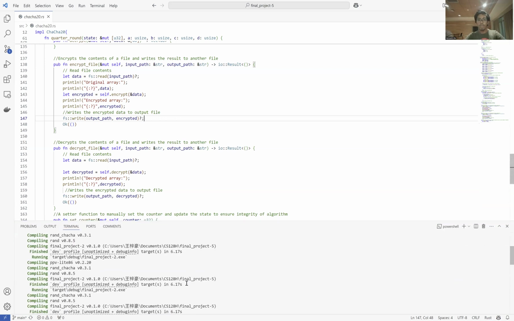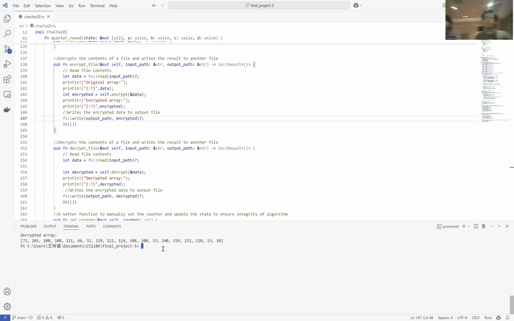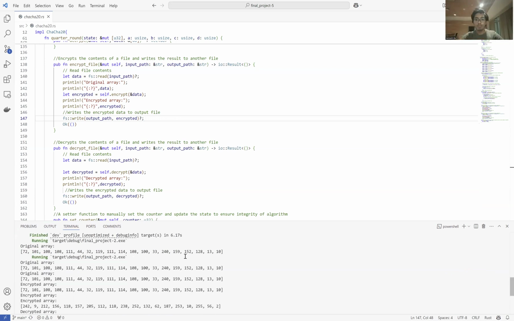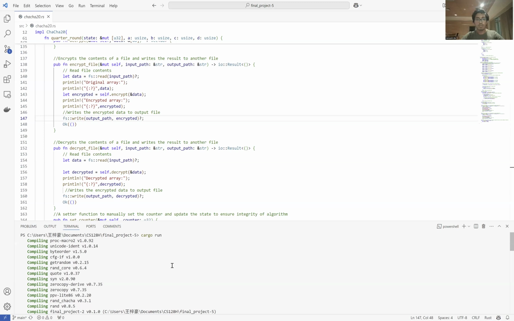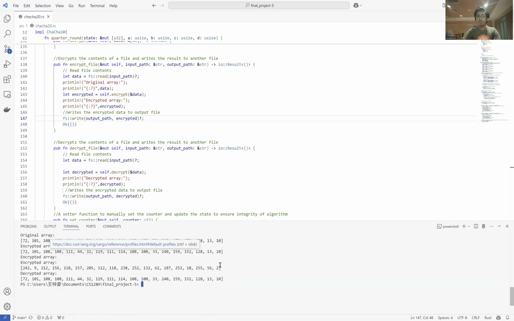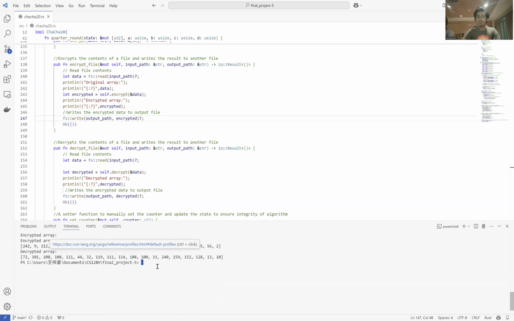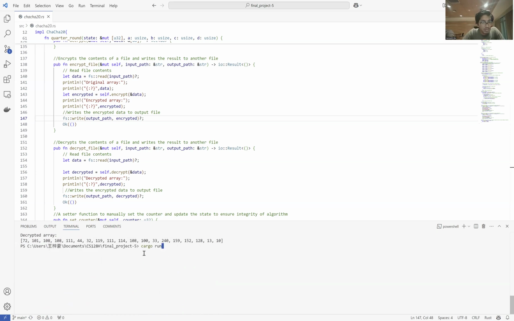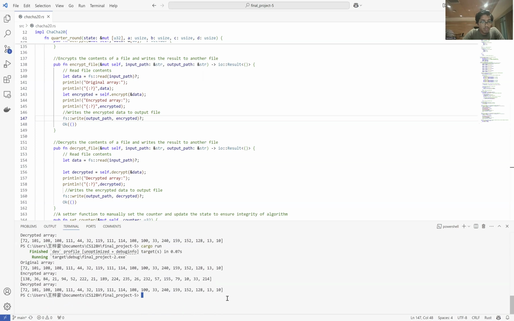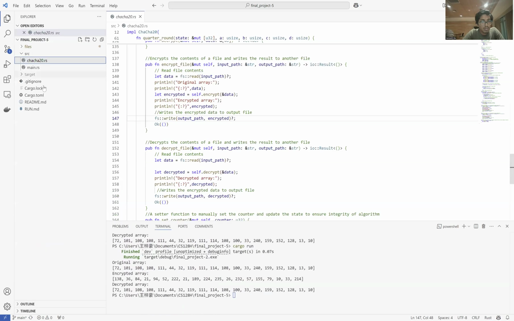code to show you how it works. So basically, first I implement all the cargo basics for running the code, and after I run the cargo, it will build the project, and then I'm gonna run it. Cargo run. So yeah, the original array is taken from the